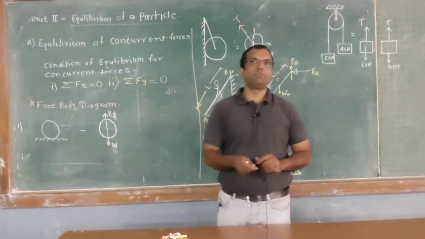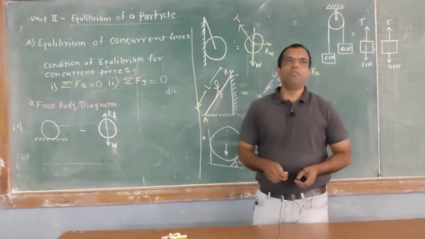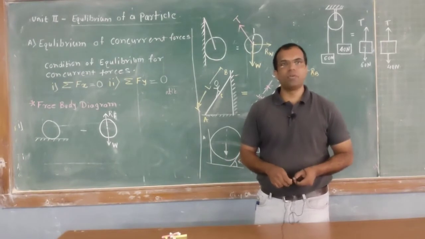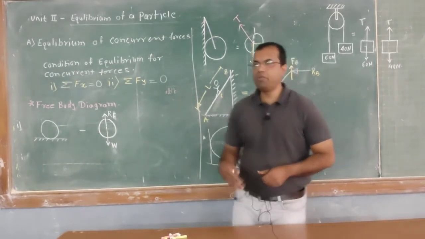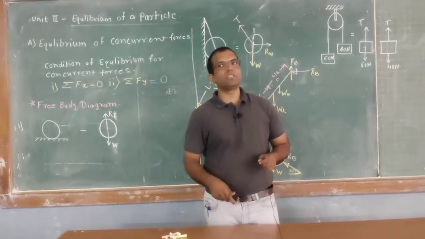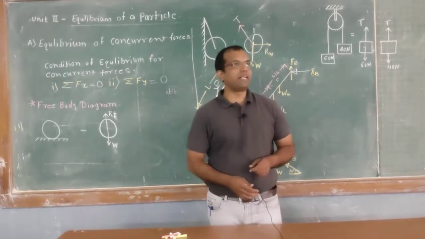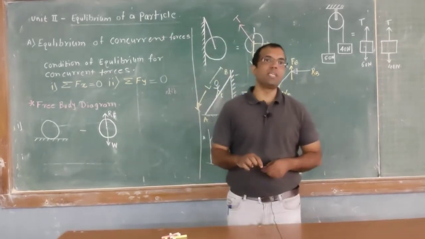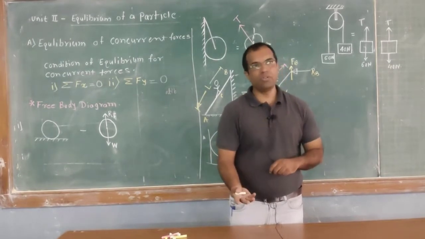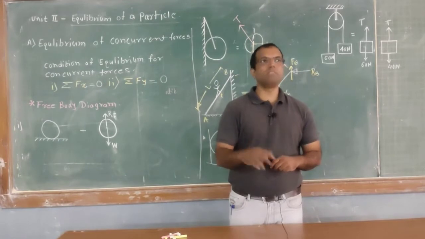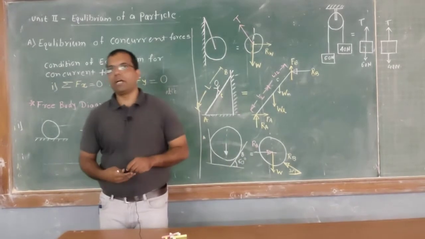So what is a free body diagram? Today we are going to learn about this. An isolated view of the body which shows all active and reactive forces is known as a free body diagram. What is meant by active, and what are the reactive forces? Active forces are the forces exerted by the body on the surroundings, and reactive forces are the forces exerted on a body by the surroundings. Very simple. Okay, so you understood what the active and reactive forces are.